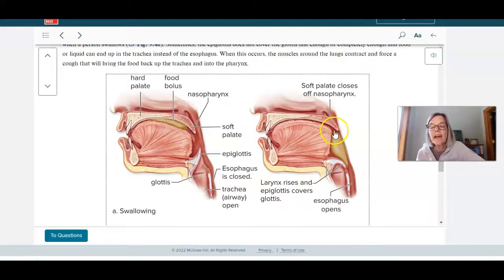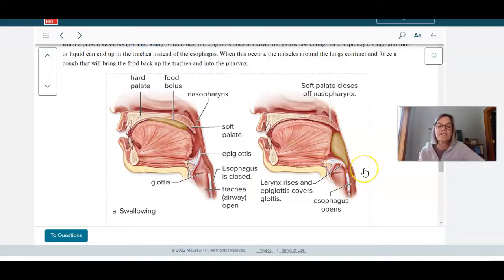What happens is you can see this bolus coming down, pushing the epiglottis down, and the food, instead of going into the trachea, stays in the esophagus. So the trachea goes to the lungs, the esophagus goes to the stomach. So this swallowing mechanism is designed to prevent the food from going into the trachea, but to appropriately go down